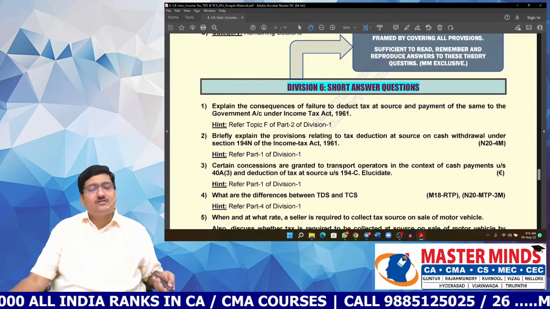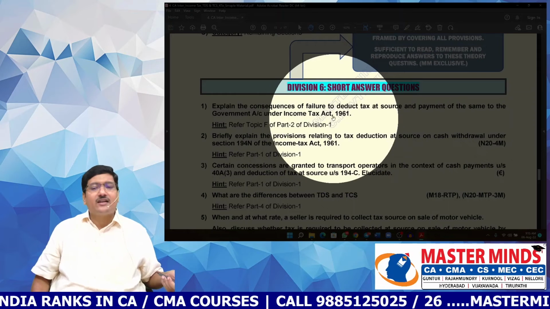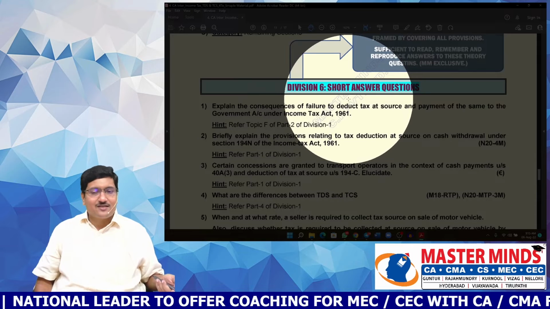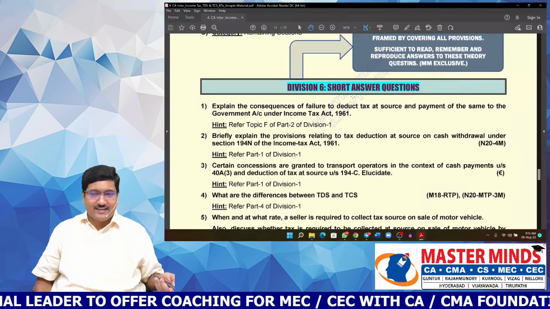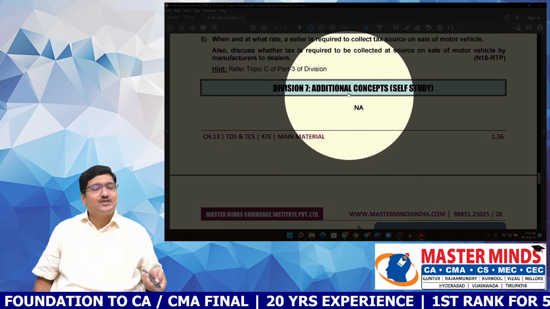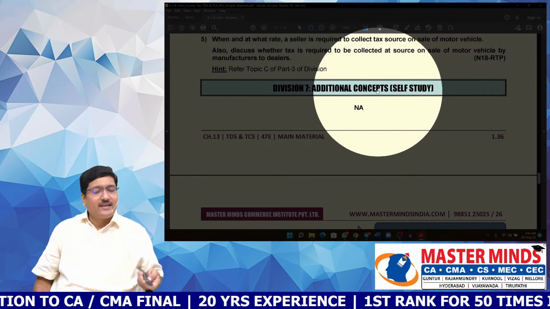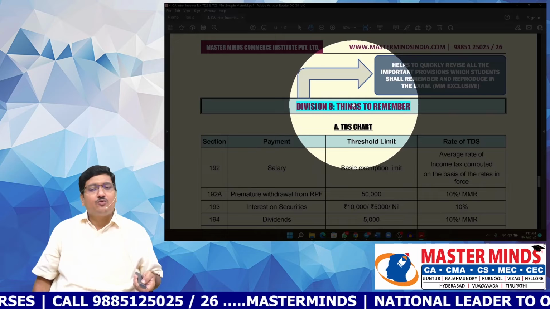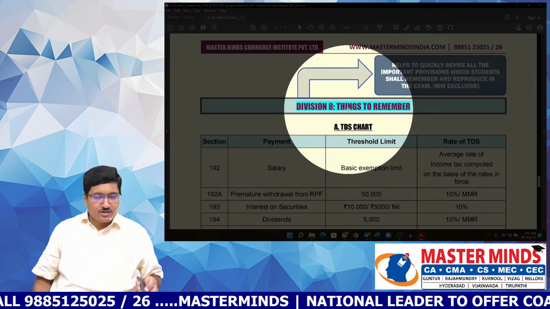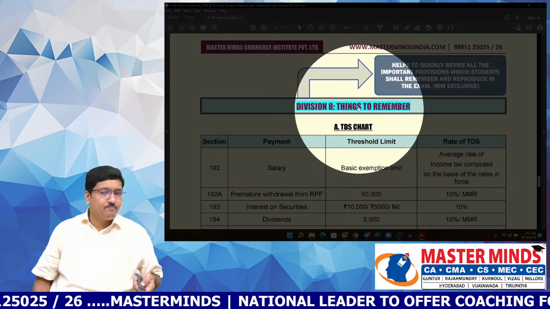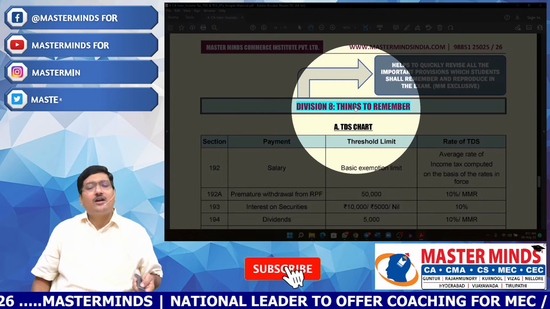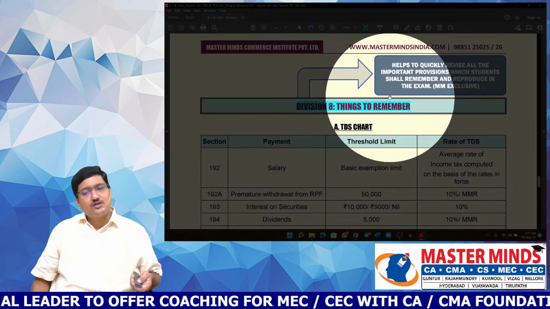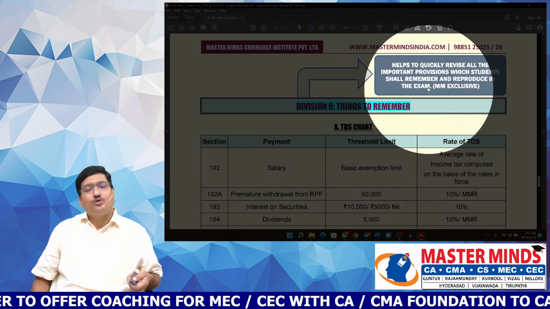That means it is not required for you to reproduce the entire content given in this material. It is highly sufficient for you to be able to reproduce the answers to the theory questions given under this heading. So wherever required, we have provided additional concepts, and it is sufficient for rank expected students to focus on these areas. My dear students, there will be certain things which you are supposed to remember. For example, interest rates, cutoff dates, penalties, etc. Don't worry, we have identified and included all such areas under the heading things to remember. This table helps you to revise all such areas repeatedly so that you don't forget the same in the public